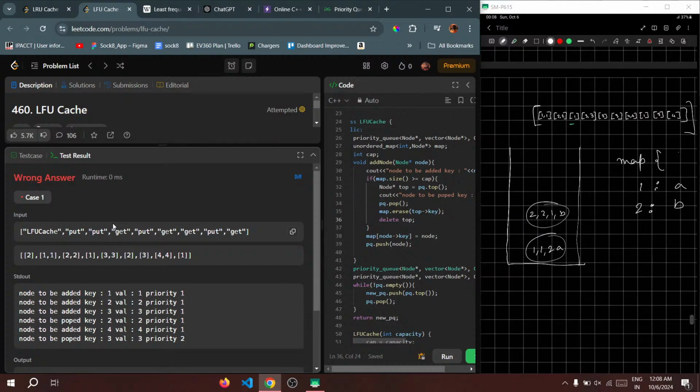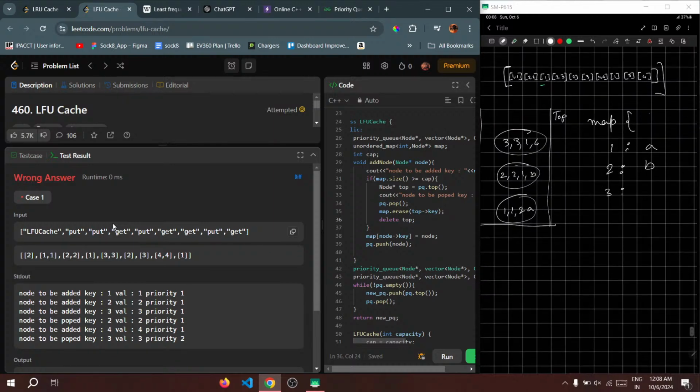तो क्यू में ऐसे ही रहेगा, प्रायोरिटी अगर मैं इसको टॉप मान लूँ, ठीक है. उसके बाद क्या बोला गया मेरे को एक और ऐड करना है 3,3,1। ठीक है, मैं इसको ऐड कर देता हूँ. 3,3,1। बट ये ऐड नहीं होगा बिकॉज माई कैपेसिटी इज 2, एंड इन ऑर्डर टू ऐड 3, नोड टू बी पॉप इज 2, तो ये 2 हट जाएगा। तो भाई हमारा हट गया, ये चले गया, तो ये अपना इधर आ जाएगा, आ गया। इट्स ओके, इट्स फाइन। ठीक है, सो दिस इज आवर मैप राइट नाउ।